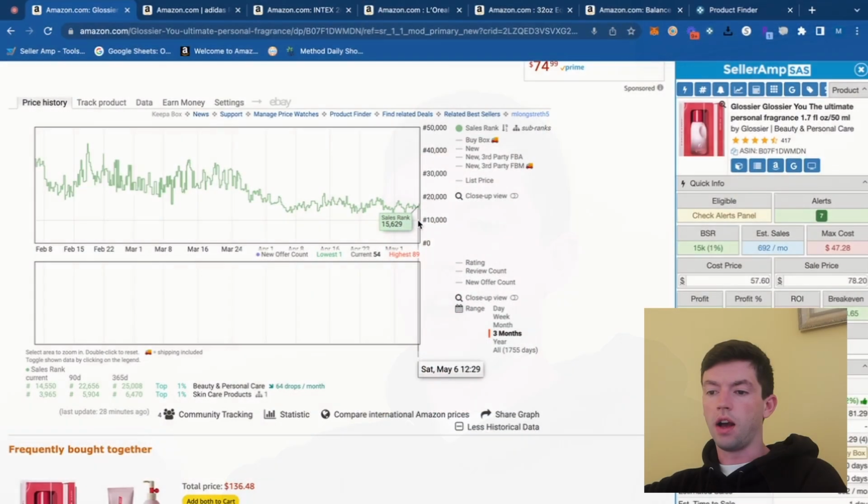Now, the lower the sales rank, the better. So the #1 ranked product in the beauty category is moving like crazy. It's probably selling 1,000 times a day right here. And this is a 15,000 rank. Anything below like 20,000 sells pretty well, and we can see over time, especially as the weather's gotten a little warmer, the trend has been going down on this. But anything under 100,000, as a beginner, you should be considering purchasing,